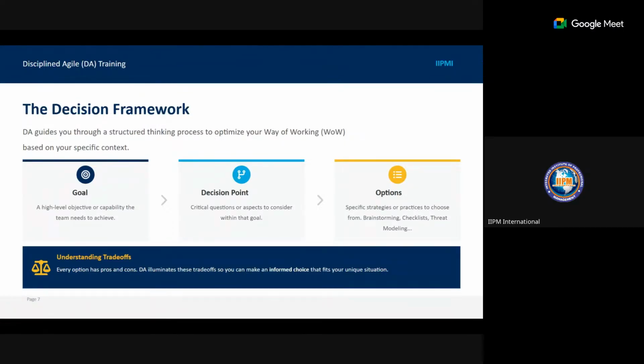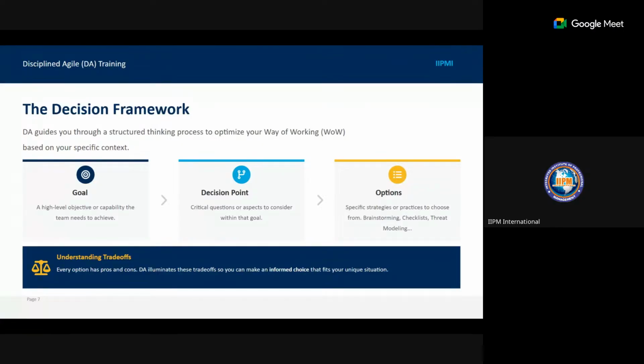The decision point is the critical questions or aspects to consider within that goal. And then the options has to do with the specific strategies or practices to choose from. Brainstorming, checklist, threat modeling are all tools that you can use for options.